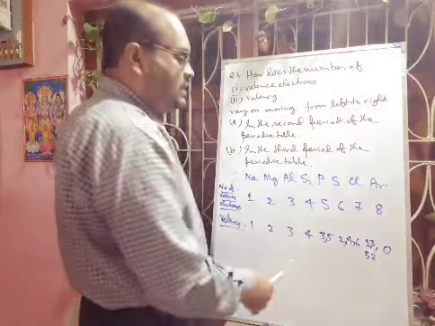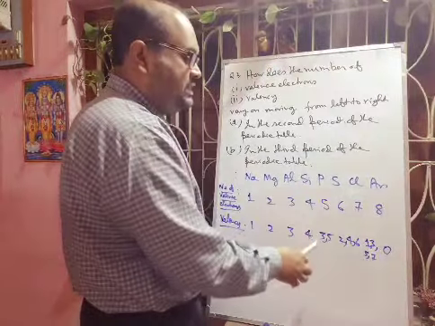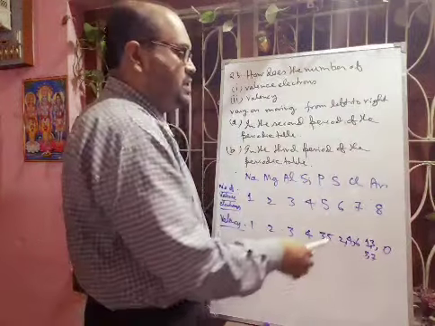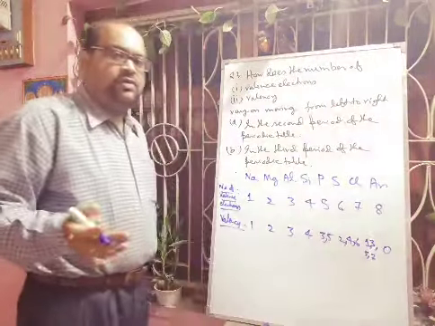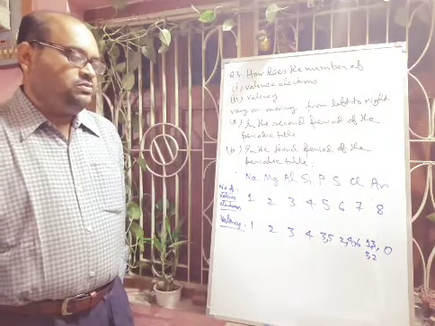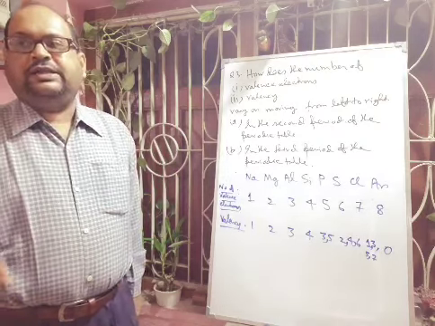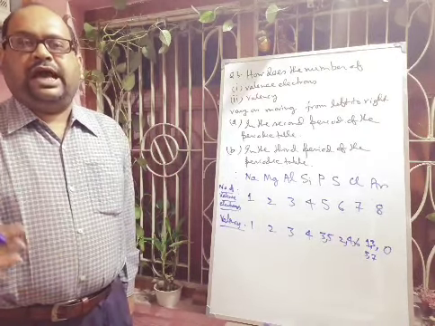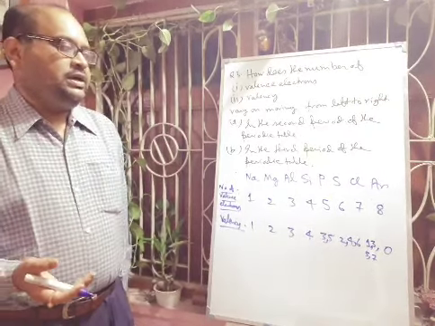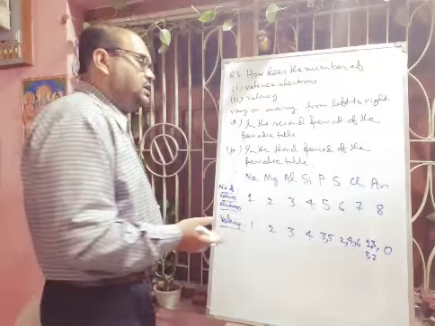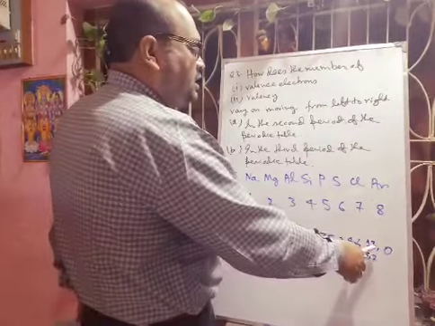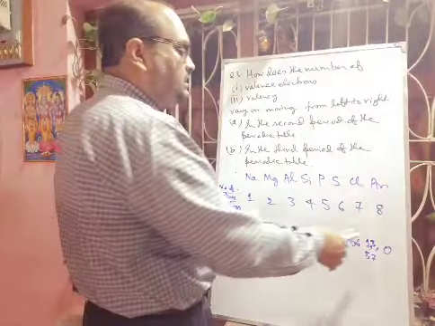We can give example, you can understand that phosphorus is forming PCl3 and phosphorus is forming PCl5. So here valency 3 and valency 5. Like sulfur can form H2S where the valency of sulfur will be 2. Sulfur can form SF4 where the valency of sulfur will be 4, and sulfur can form SF6 that valency will be 6. In the same way chlorine also can show, like HCl valency 1, ClF3, valency will be 3, in this way.